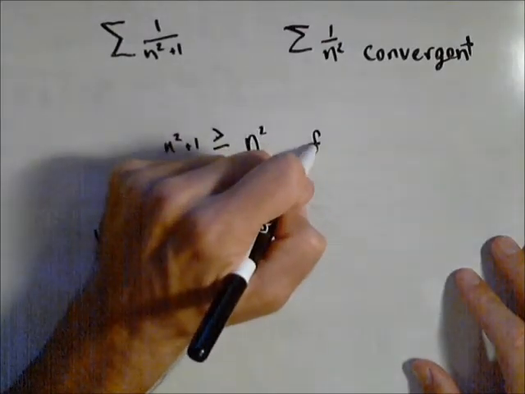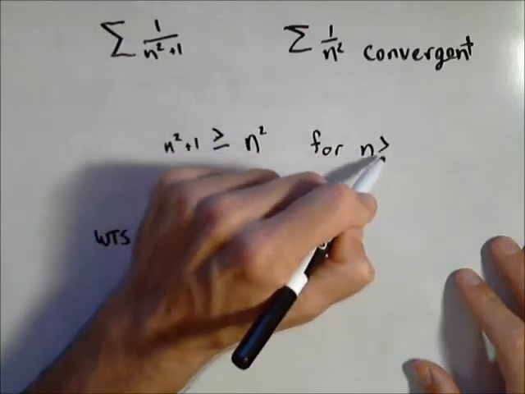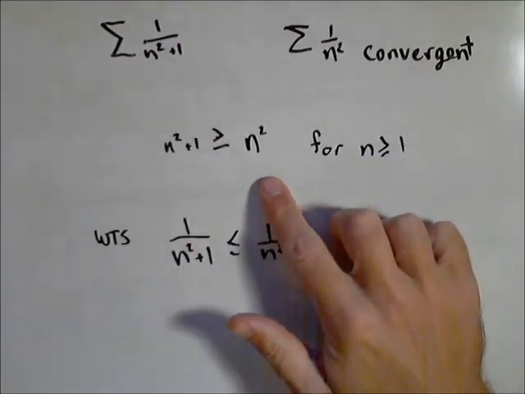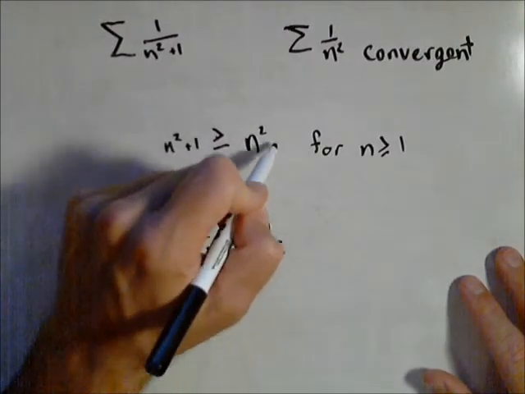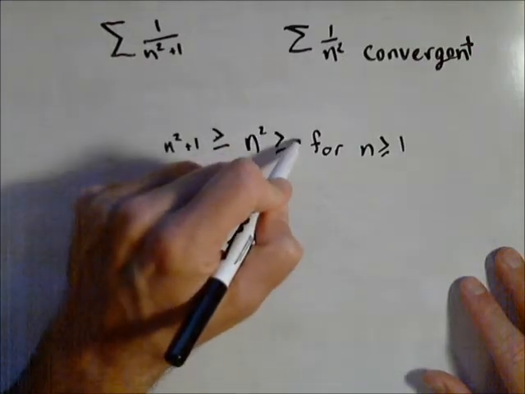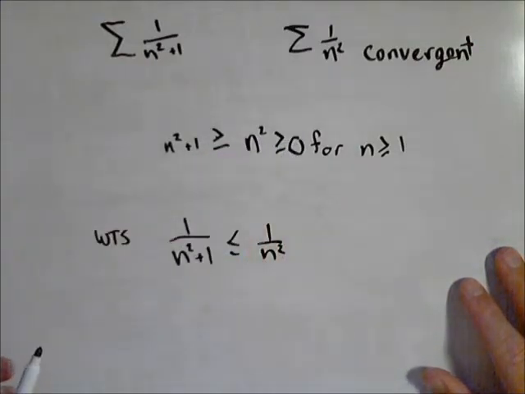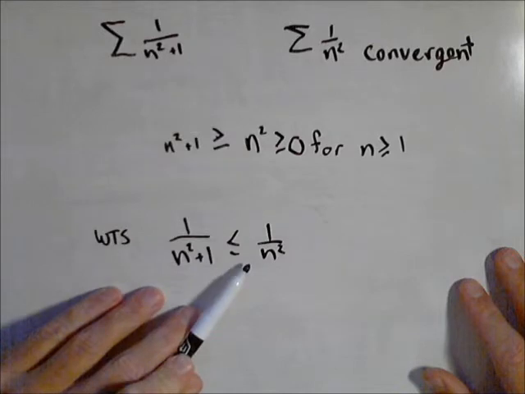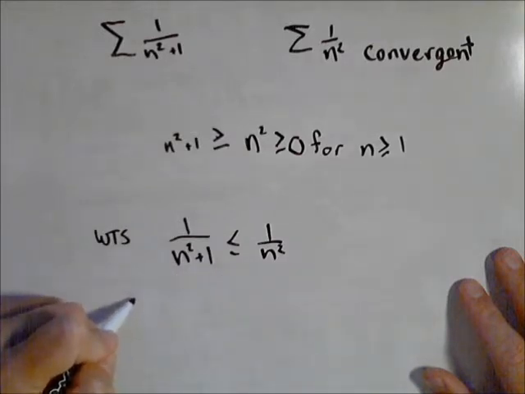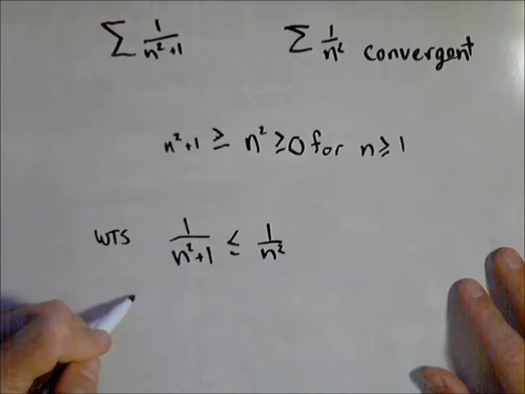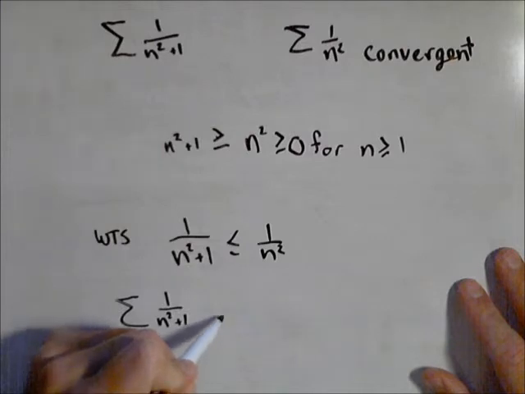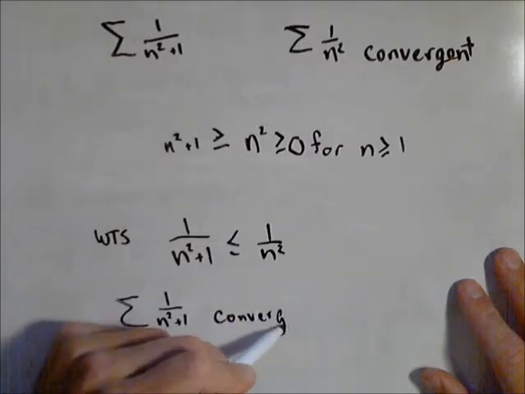And now we're only concerned with n, an integer, greater than or equal to 1. This is clearly a true statement, that n squared plus 1 is greater than or equal to n squared, since n is greater than or equal to 1. The other thing we need to say is that the terms were non-negative. That's clearly true. So we have the inequality that we want. We show this is less than something that's convergent, and we can draw our conclusion that the series 1 over n squared plus 1 is convergent